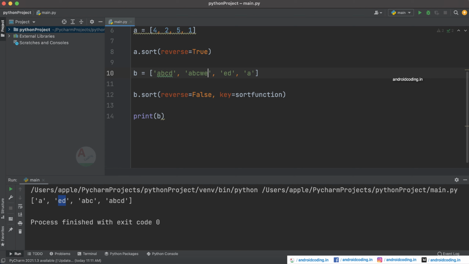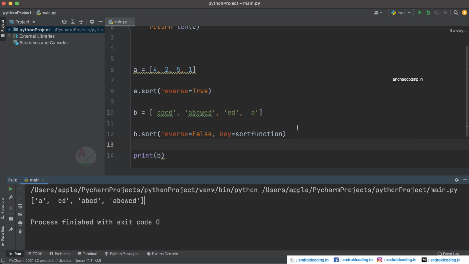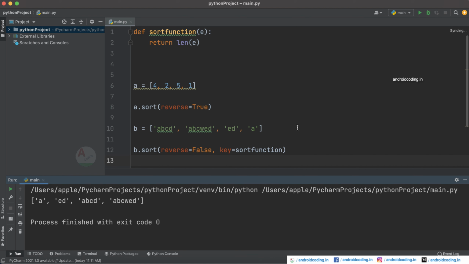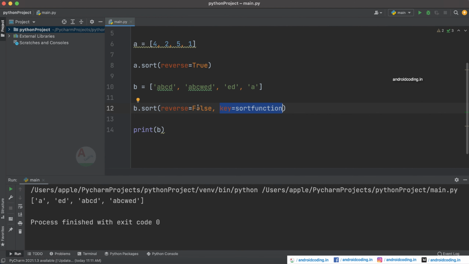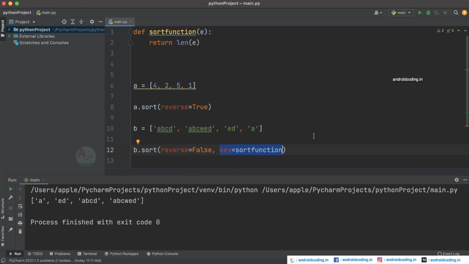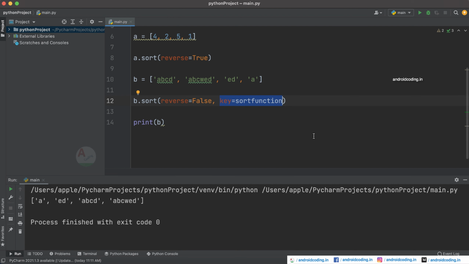So when you try to append a value and run this, this particular ABC will have more length, so it will be added at last in the list. Now in this way we can make use of the basic sorting mechanism in Python. Here we have made use of ascending and descending order, and also we have made use of a function by which we have printed the list in terms of the length of the value. This is the primary information needed for the concept of a sorting mechanism, and in our coming tutorials we'll see more complex ways of performing sorting in Python programming.